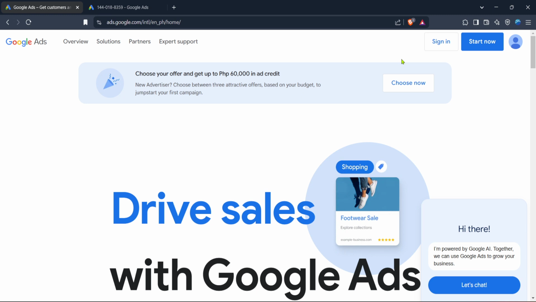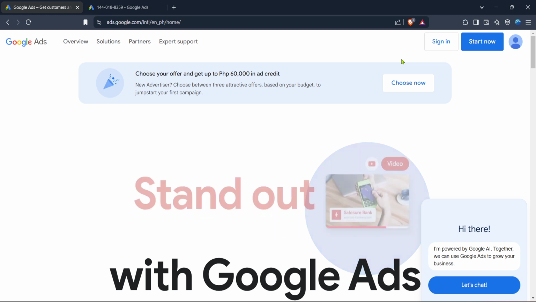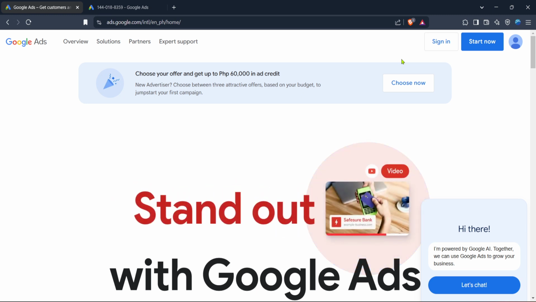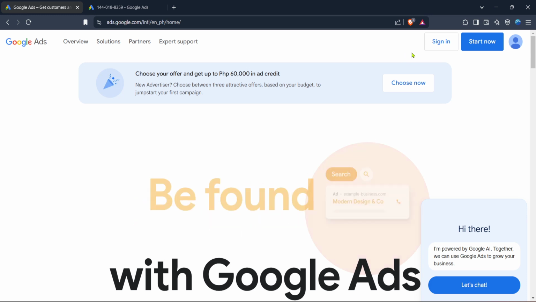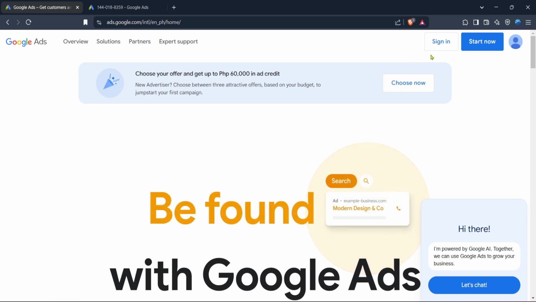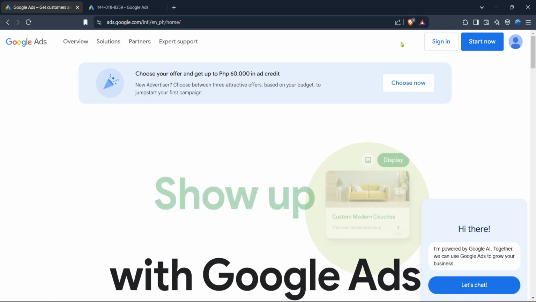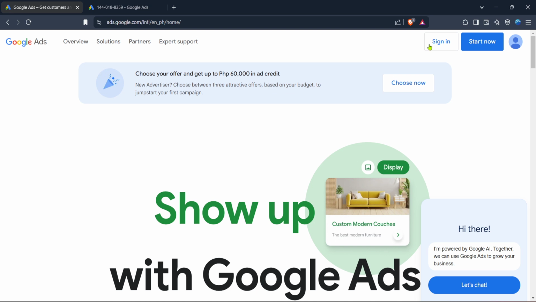First, let's get started by going to the Google Ads website. This is your hub for managing and improving your online advertising efforts. Once you're on the Google Ads homepage, you'll want to click on the Sign In button. This will take you to your account overview, where you can manage your current campaigns and dive deeper into settings